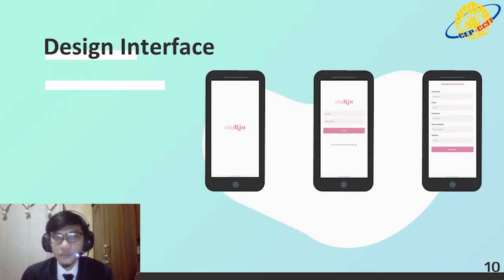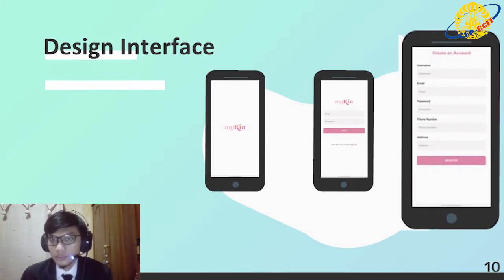If the user doesn't have an account, they can register by using the sign up text field, and then the sign up activity where the user inputs the username, email, password, phone number, and address in order to make an account.